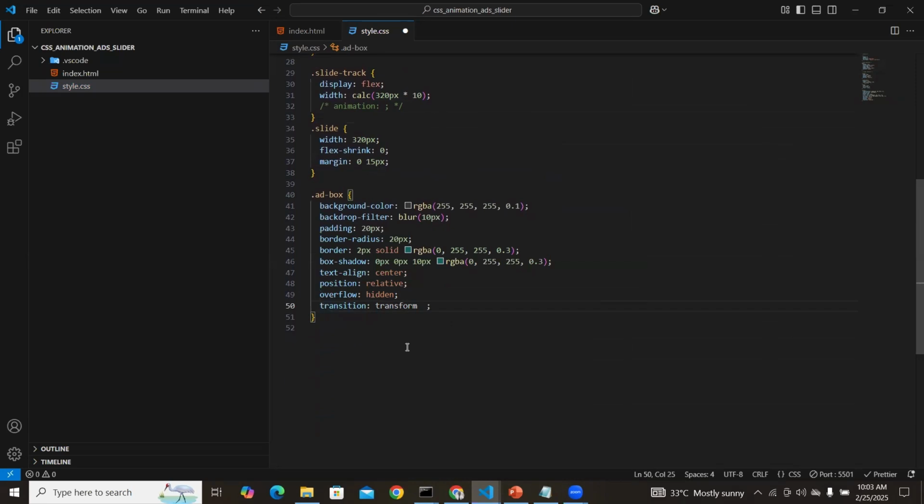Transform, and we're just going to say 0.3 seconds. That's the duration. Timing function, is in, is out, right? Then we are going to say box. This is a property, box shadow. Box shadow